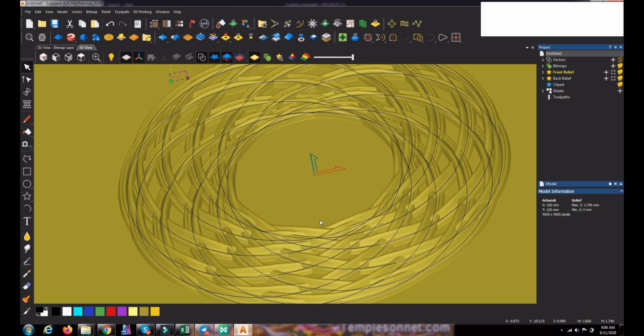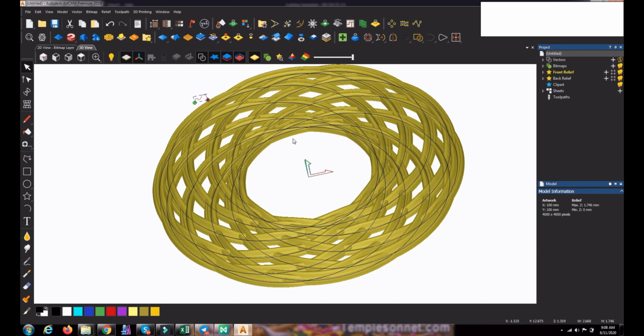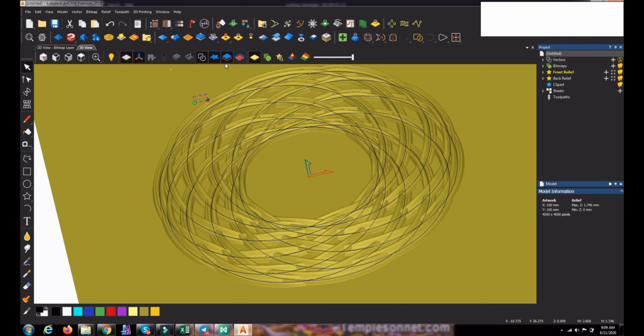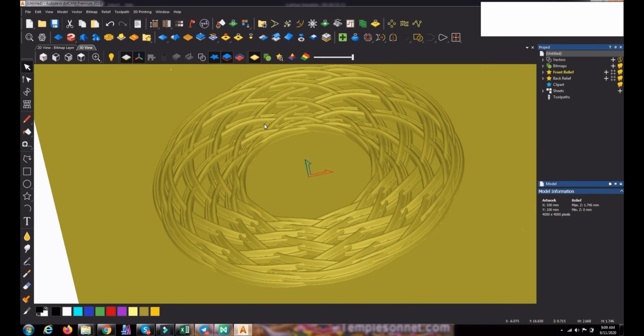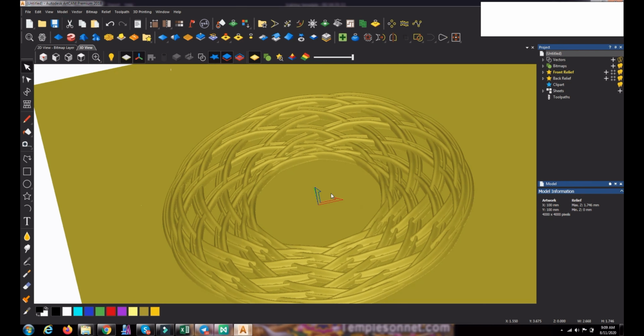So using this method, we can create a number of beautiful 3D reliefs like this. It's only 3D that is showing, so just toggle the lines. This is the way that we can use the weave command to create 3D relief.